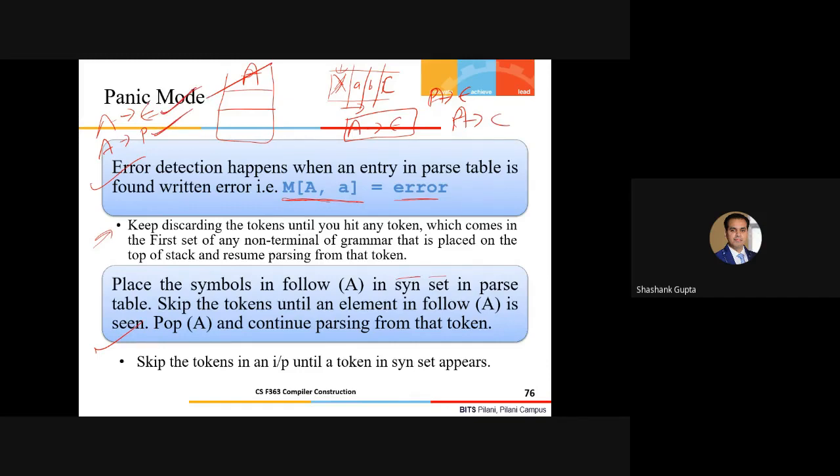It says, let me consume all of this, and whatever is follow of A, I'll pop this and resume the parsing from that point. And with respect to the start, let me reach the first set symbol which is coming here. I'll ignore all the rest of the input and I'll resume the parsing from the next point.